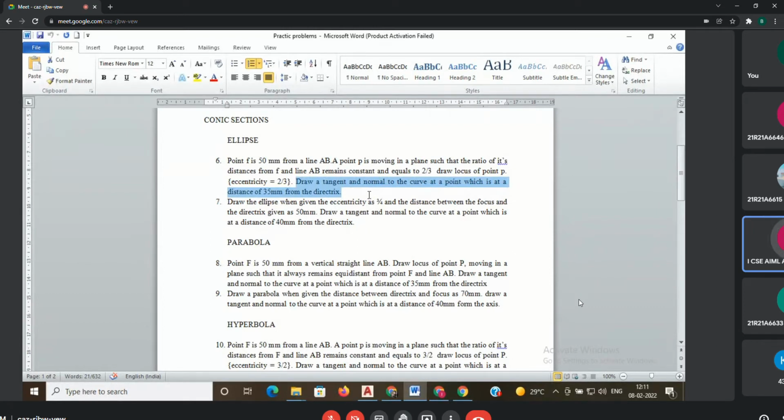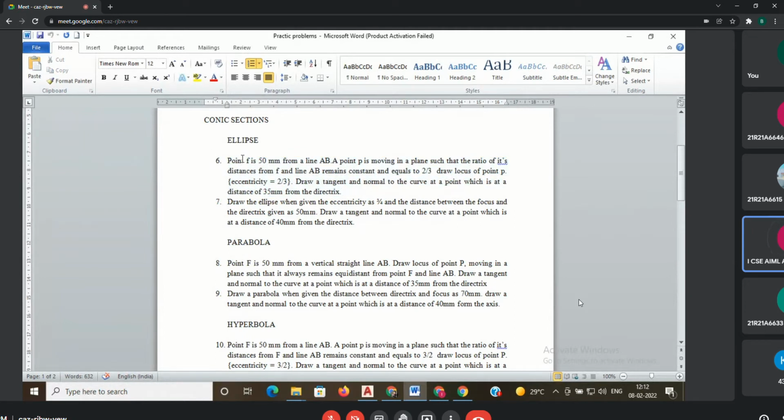Okay. Here, notations are not that important, but you have to show the notations. Notations also will give you 1 or 2 marks. But in the third unit, based on the notations, your entire diagram will change. Instead of first angle, it will show third angle. If you show A dash, instead of A dash, if you show A, automatically it will show third angle. Okay. But here, it's not required. Our main concept is you have to construct an ellipse based on the given data.